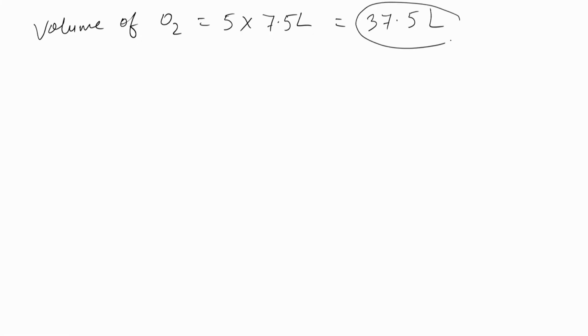So, volume of oxygen is equal to 5 into 7.5 liters, which comes as 37.5 liters. So, this is the volume of oxygen needed to react with 15 liters of acetylene. Okay. Now, the next part of this question is,